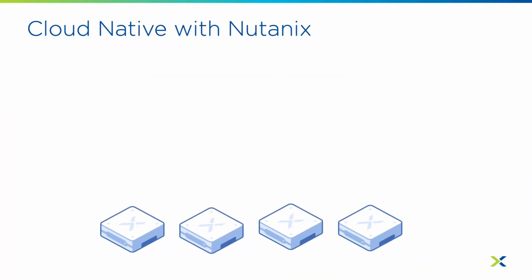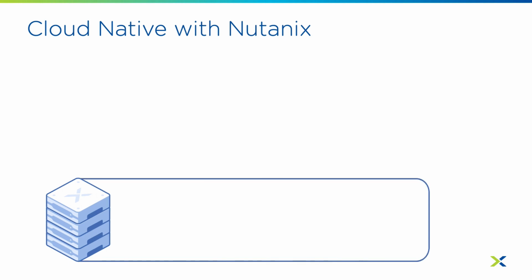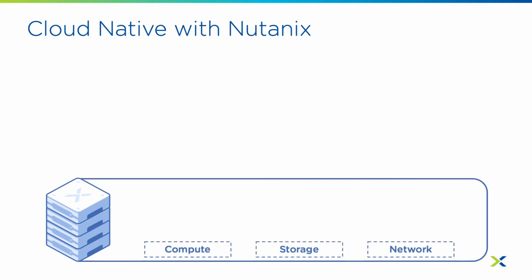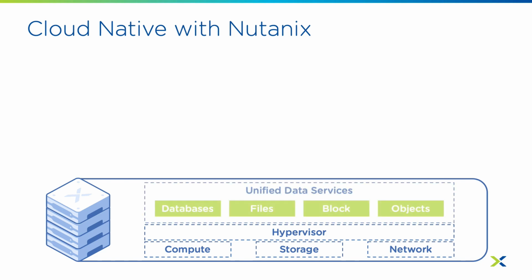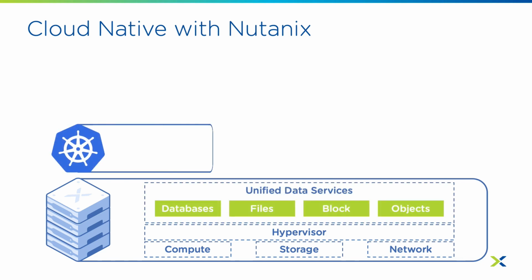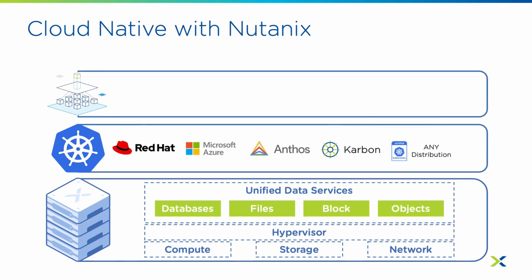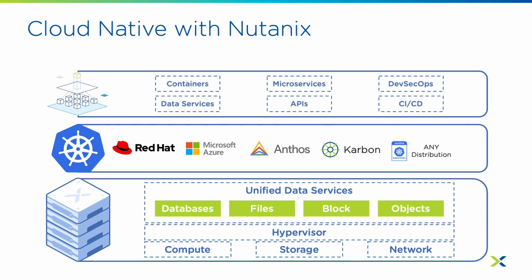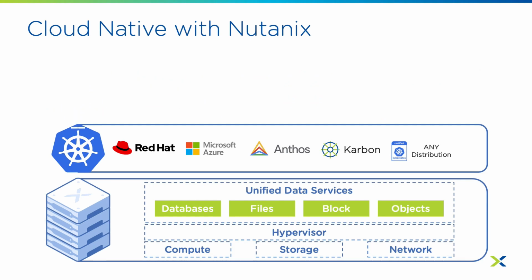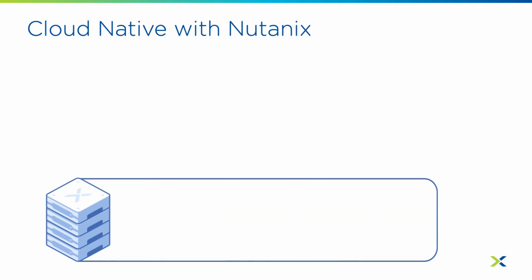and cloud-native applications. With Nutanix industry-leading hybrid cloud infrastructure as your foundation, you can fast-track your way to a production-grade Kubernetes stack with the added benefit of built-in unified data services such as databases, files, block, and objects, with the freedom to choose any certified Kubernetes, including hybrid cloud ones. This turnkey platform is 100% software-driven and brings unprecedented scalability, performance, and resiliency for running containers, microservices, and cloud-native technologies